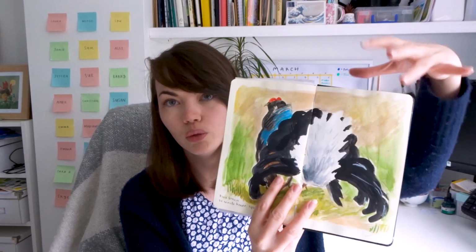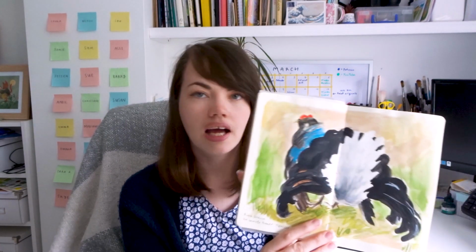So when I then don't sketch or anything, it becomes a little bit more stylized, which is what I'm always trying to achieve. So he's got a tiny head up here and then this lovely plumage, and it just felt really nice and easy for me. It kind of reminds me of the chicken I did earlier in this sketchbook,